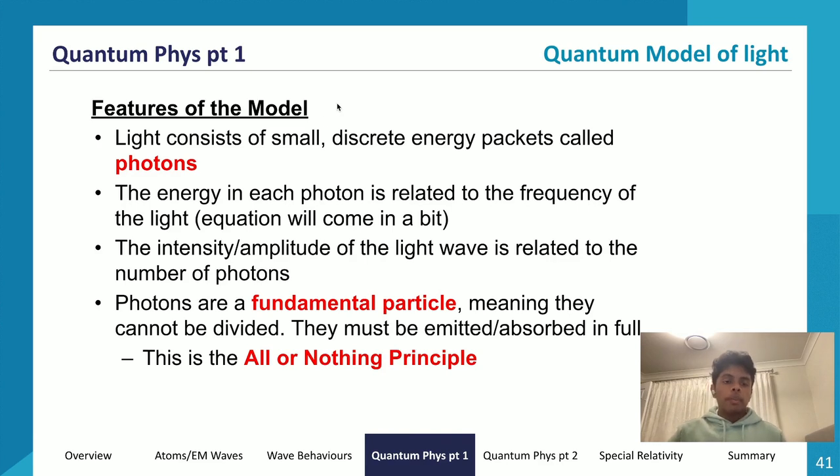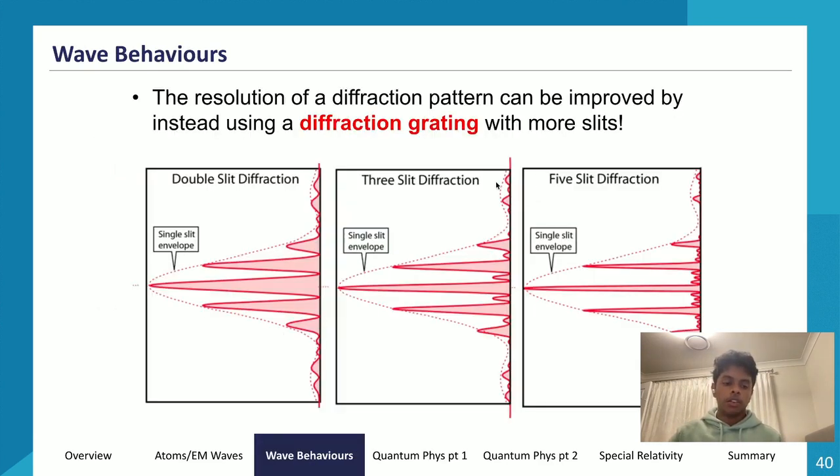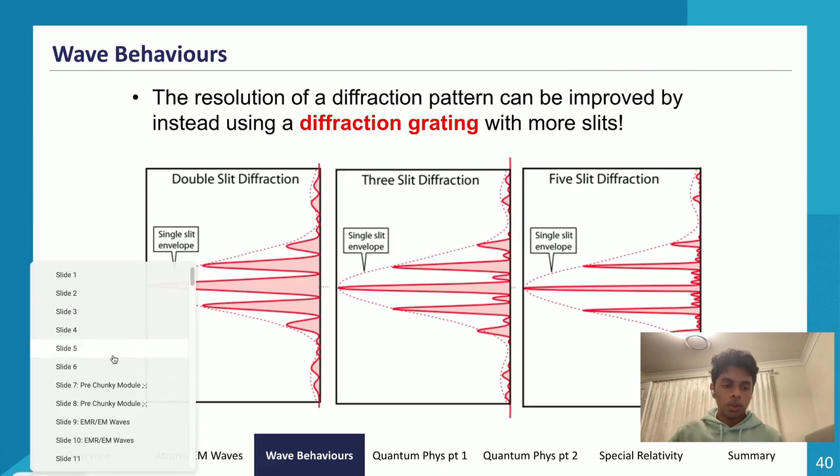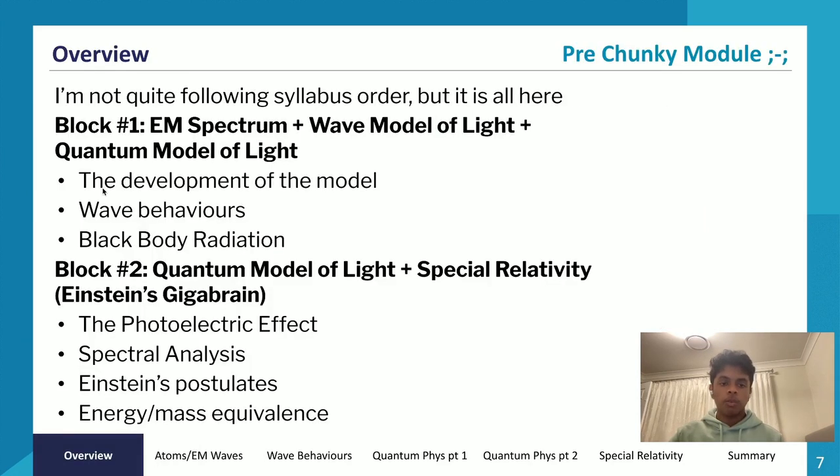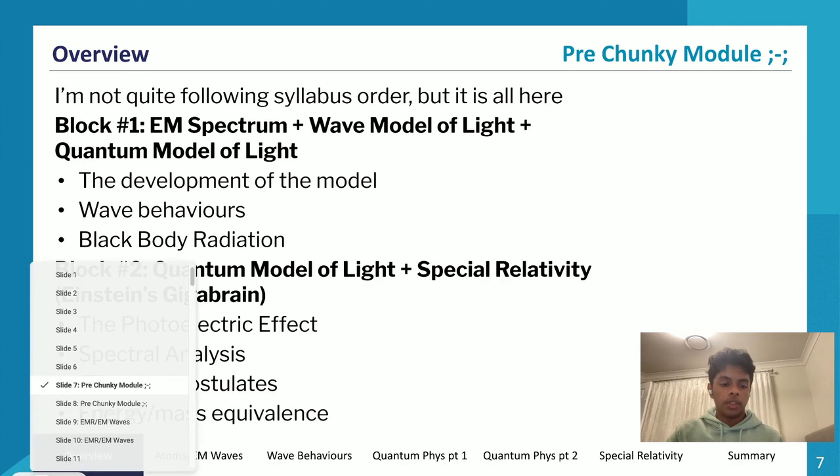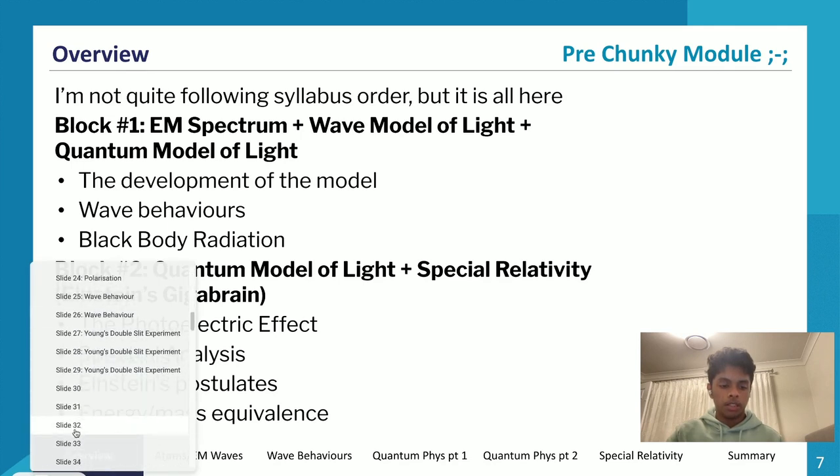All right, so that brings us to the end of our first block. If I go back to a quick summary of what we did within our first block, we've covered the development of the model of light. We've also gone through electromagnetic radiation and electromagnetic waves. We looked at Maxwell and all that stuff. We haven't gone through blackbody radiation yet, but we'll go into blackbody radiation soon, which will segue us into block 2. So this is like a midpoint between block 1 and block 2.